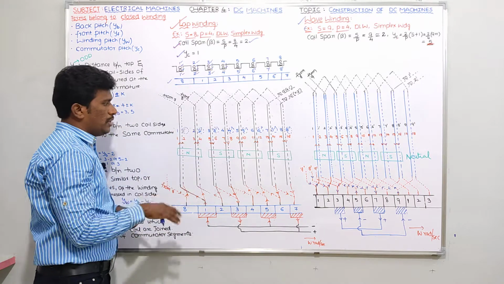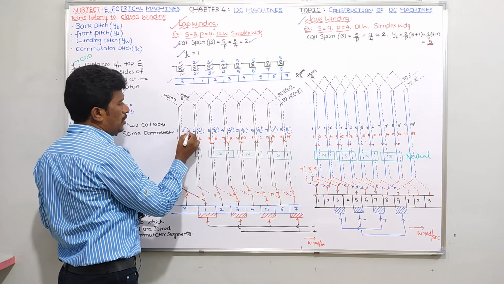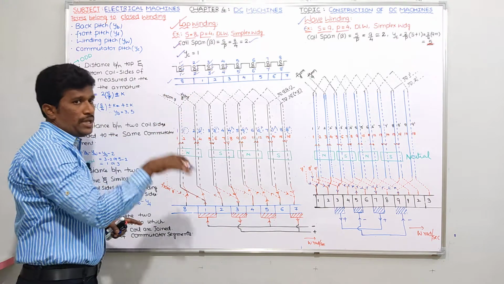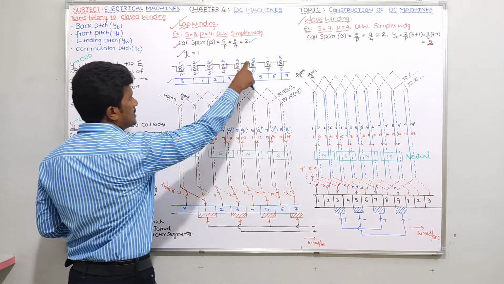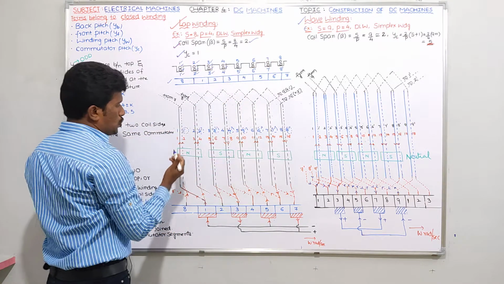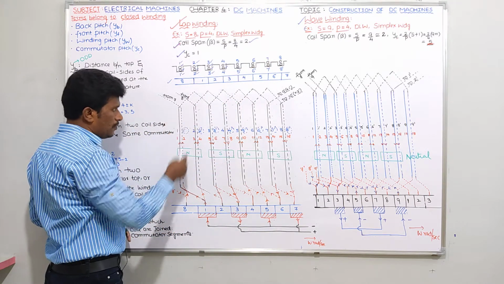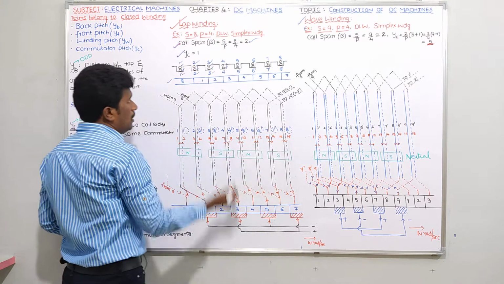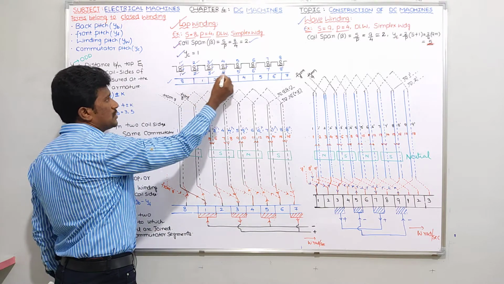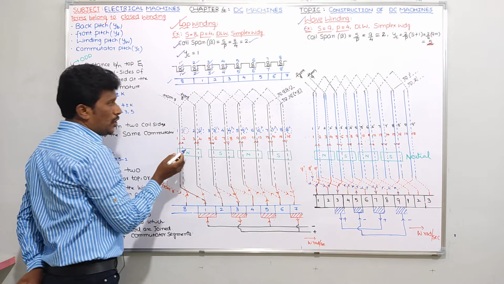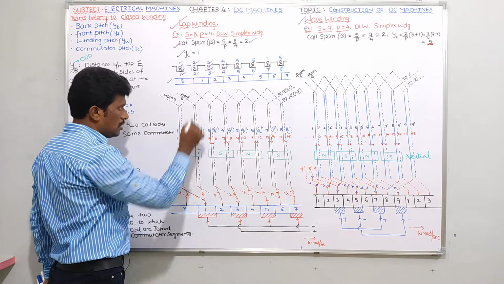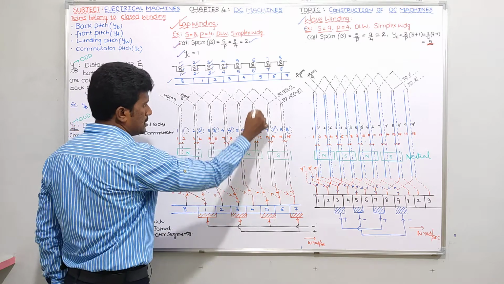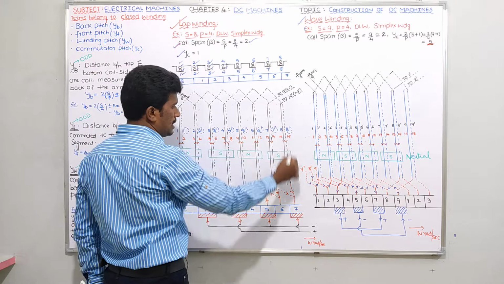So for that, what I am doing is, whatever this 1 dash is, we already know. If you observe here, these top conductors, I mean conductors placed in the top layer, like 1, 2, 3, 4, 5, 6, 7, 8, those conductors are shown with the solid line. Solid line 1, second, 3 solid line, 4 solid line, and so on up to 8. If you take bottom layer conductors 1 dash, 2 dash, 3 dash, 4 dash, those conductors are shown with dotted lines like this. Dotted line 1 dash, 2 dash, 3 dash, 4 dash, 5 dash, 6 dash, 7 dash, 8 dash, dotted lines.